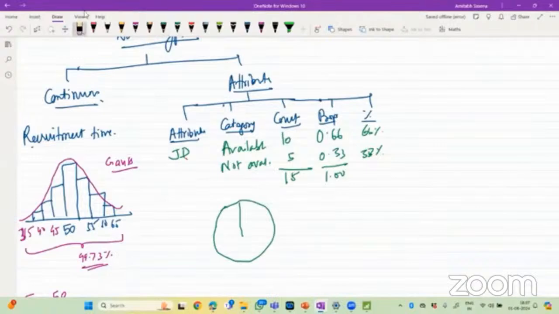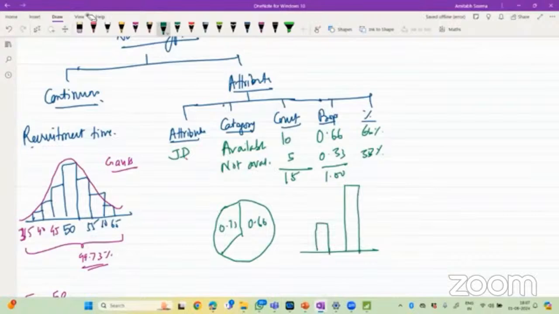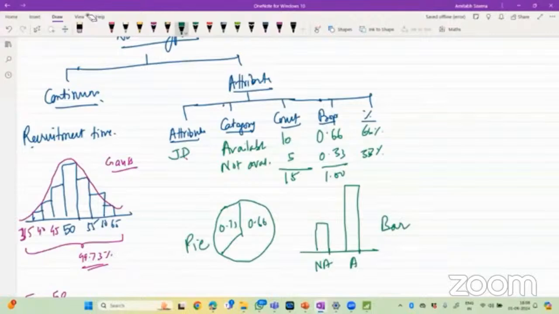Okay, here 33% will look something like this. 33%. Yeah. So 0.66 or 0.33. Or I can make a bar chart. 0.33, 0.66. Not available. Available. So bar chart for attribute data, pie chart for attribute data, and